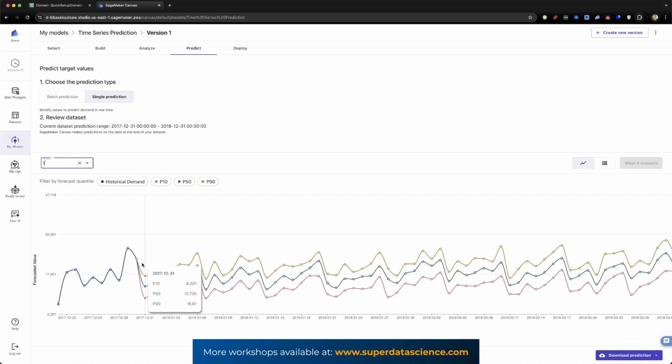Nice visualization dashboard. And note that you can also download the prediction if you want, either in the form of a CSV file where you will get all the forecasted values of the demand for the whole year of 2018, meaning for each day of 2018, or you can also download an image, which I think will give you this chart. All right, great. And now to finish, let's just do another item, maybe not the 3 of them, but